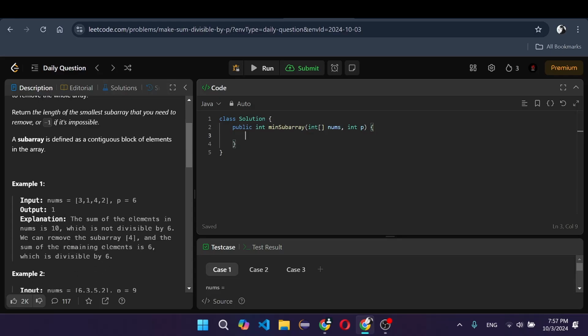Inputs: nums is [3,1,4,2] and p is equal to 6. The sum of the elements in nums is 10, and